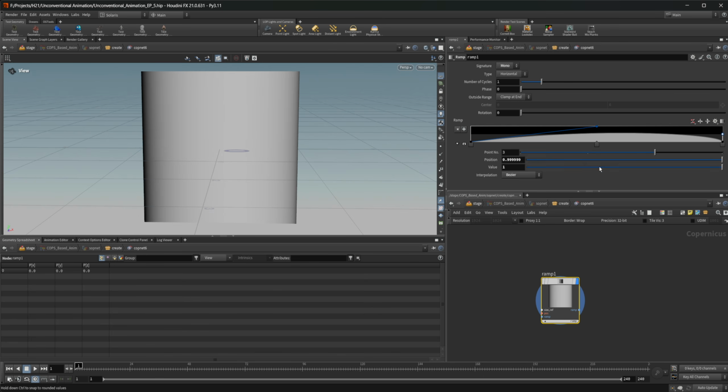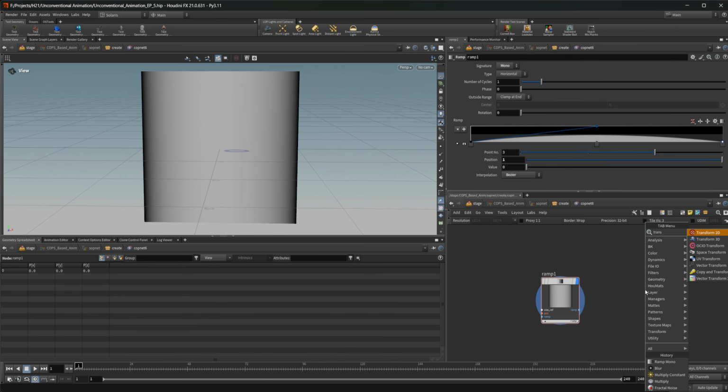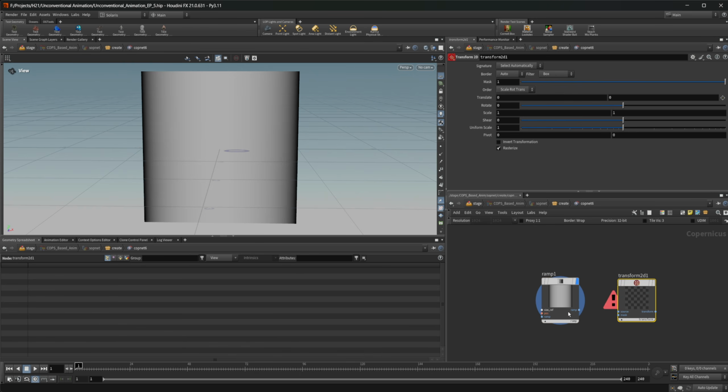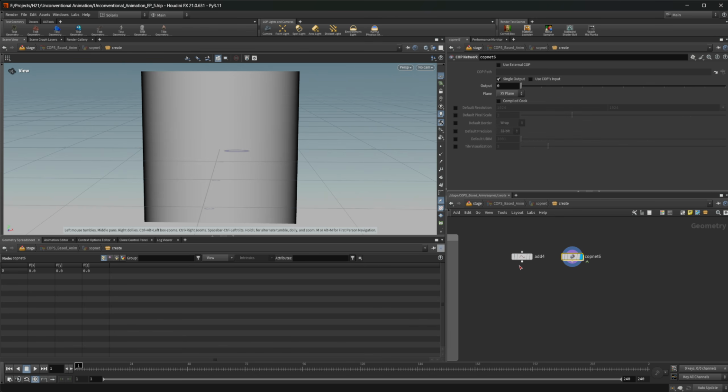And actually with this other point as well, we want this value to be 0. And this creates this type of a little ramp here. And then we're going to take that and we're going to put that into a transform 2D because we want the ball, if I jump back out here for a minute,